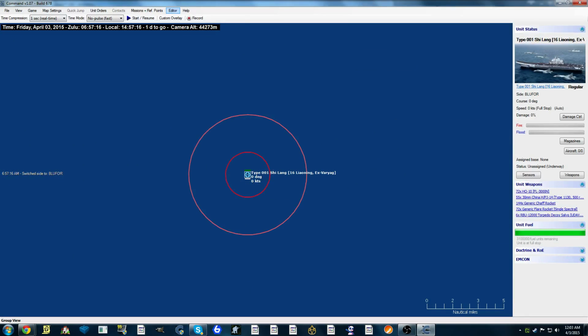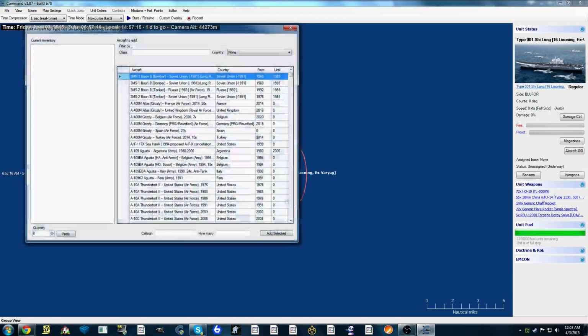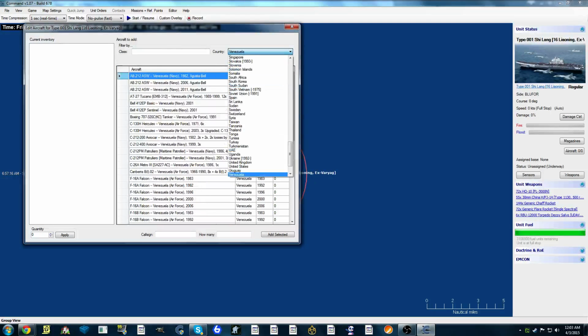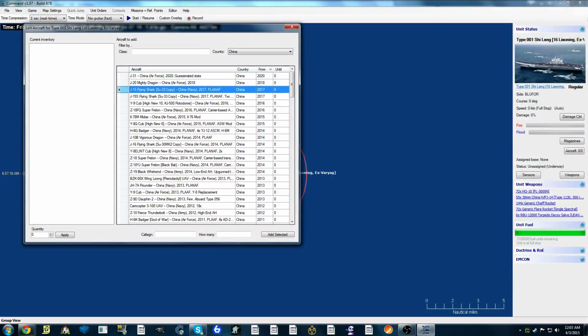So let's go edit aircraft. Let's edit the aircraft on it. Let's go to China. I'm not exactly sure what complement a Chinese carrier has, but it could show off the newest. China's got some pretty neat stuff coming out. Yeah, we got